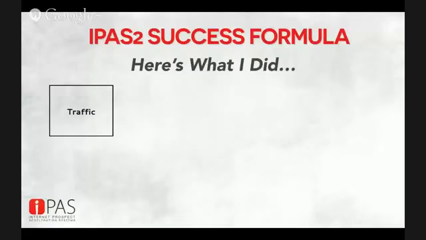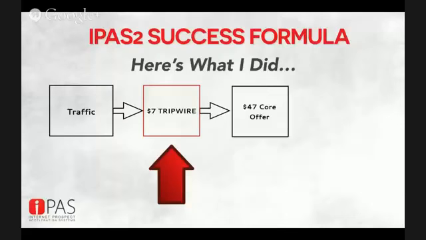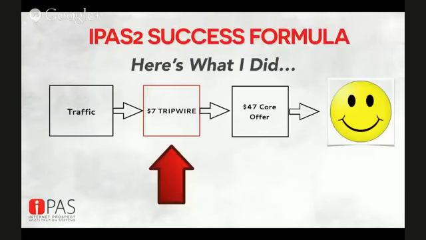We all know you have traffic, okay? You get traffic. I'm going to give you a resource that's going to allow you to get as much traffic as you want. All you have to do is place the order. It's that simple. But what I did, okay, is I added what I call a tripwire. It's a low-cost offer. It's a $7 offer, and I did that prior to selling the core offer, which is a $47 product that I have. So I inserted a $7 tripwire. It's very inexpensive, and from there it goes to the core offer. And the cool thing about that is what doubled my conversions just by adding the tripwire.